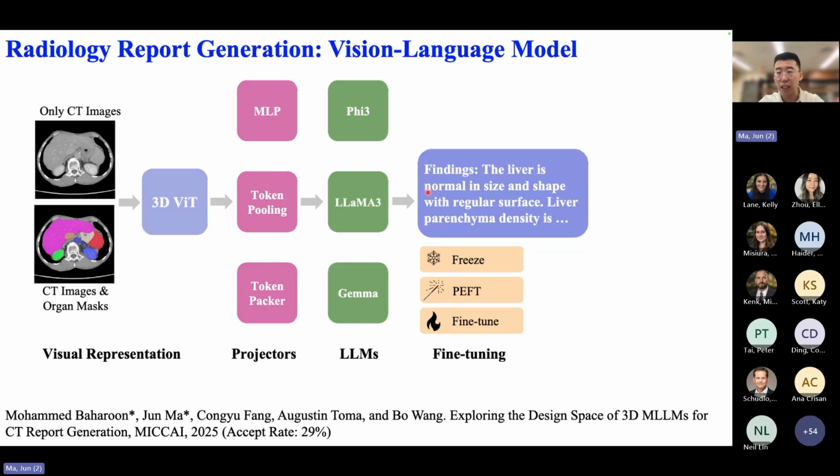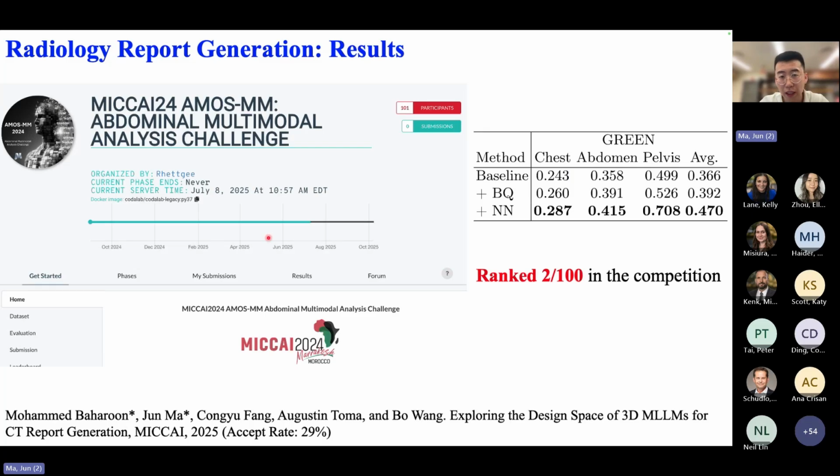Here is our vision language multimodal model for radiology report generation. We feed the image together with the mask to the image encoder to get the embedding, and then we have the projector to project it to the large language model token space, and finally we fine-tune the whole pipeline for report generation. In this framework, there are lots of variations for different modules. For example, we have different projectors, different large language models, as well as different fine-tuning protocols. We conducted a comprehensive study to analyze the effect of those different modules, and we applied the best protocol on this